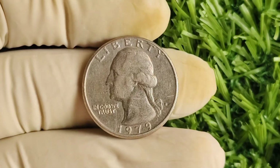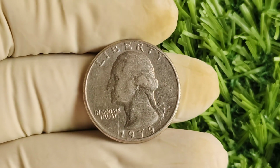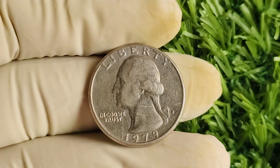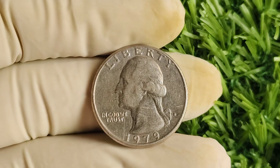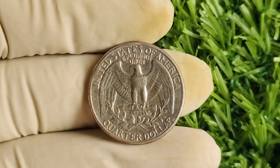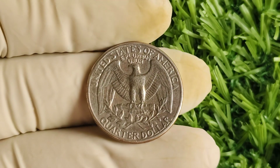The $1 million 1979 D quarter that made headlines was a perfect storm. First off, it was in near pristine condition. We're talking about a grade called MS 68+. That's mint state, meaning it looks practically untouched since the day it rolled out of the mint. Try finding a 45-year-old coin that's still that flawless, but here's the kicker: this particular coin also had a unique